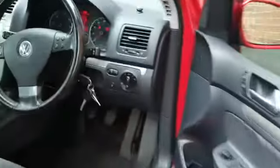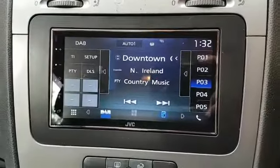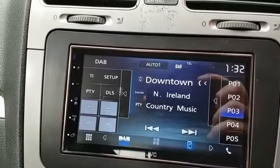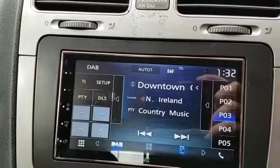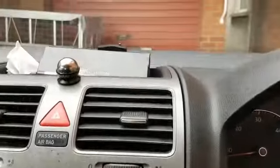Now the customer has chosen to go with the JVC head unit. Gives you your Apple CarPlay, your digital radio, also gives you your hands-free. Now that's our front